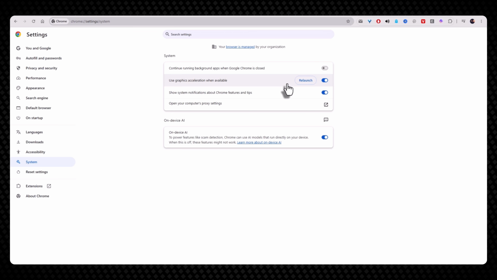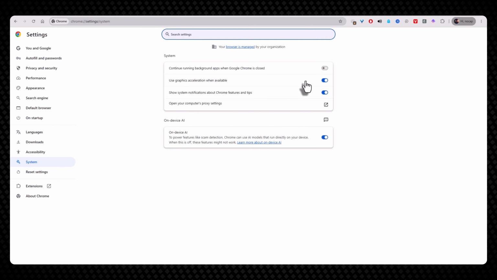To make this change active, you need to click the Relaunch button that just appeared right next to the toggle switch. Chrome will automatically close all your tabs and open them right back up in a few seconds. Once it reopens, your browser will fully utilize your graphics hardware for a